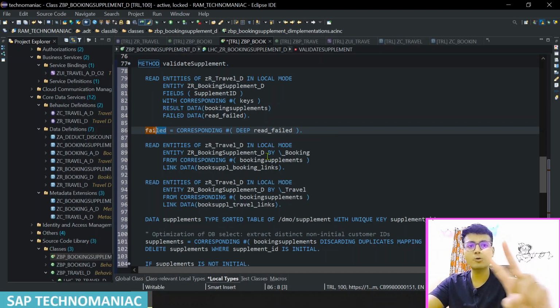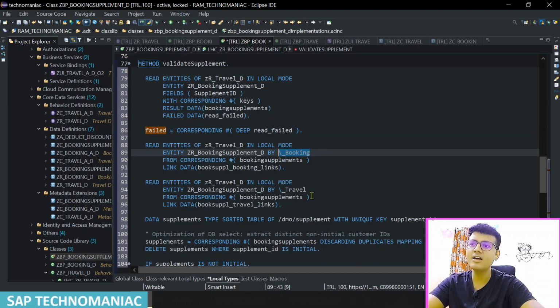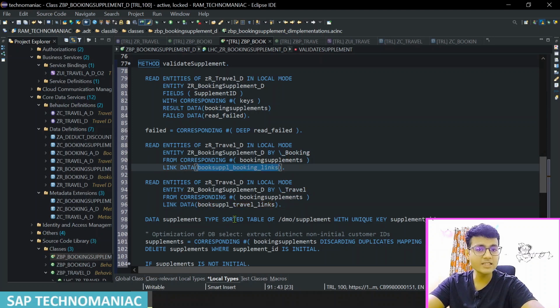Two links we have to get this time, one with the parent and one with the root. One we have to read by the association booking for the parent, and for the root we have to read by association travel. So we have the link data for the booking as well as travel. These two data we will fill in my percentage path